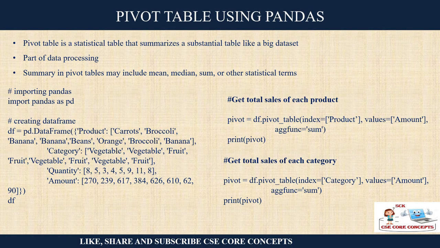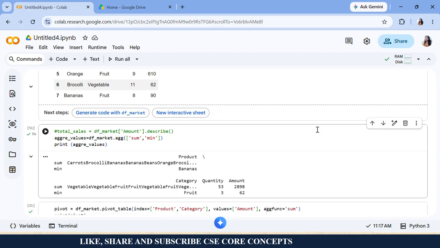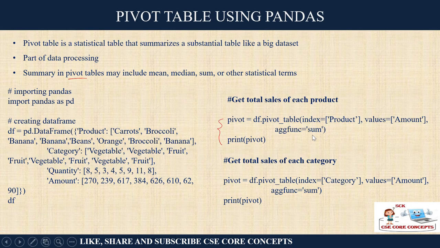But suppose let's say you want to store this statistical table, right, for a big data set. So as part of data processing, if you require a summary, that is called a pivot table. Now this pivot table function is available in Excel also, for those who might be using it. So in case of a pivot table, I will show you the same data set, how to create a pivot table. Okay. So let us understand how we can create a pivot table using some aggregate function and category wise. Suppose you want to perform something in terms of category, right? So how can you do that?